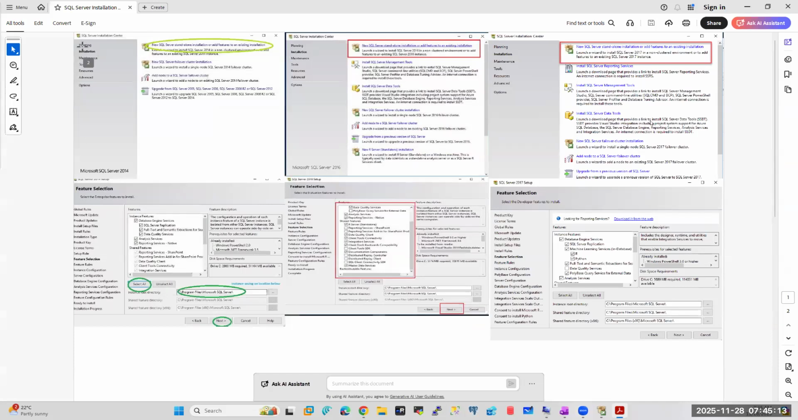See, what differences will you notice version by version? When you go for older versions like 2014, 2012, 2016, when you go to the installation, you will see only this: new SQL Server standalone, new SQL Server failover cluster, add node to the failover cluster, upgrade. But from SQL Server 2016 onwards, you will see a few additional